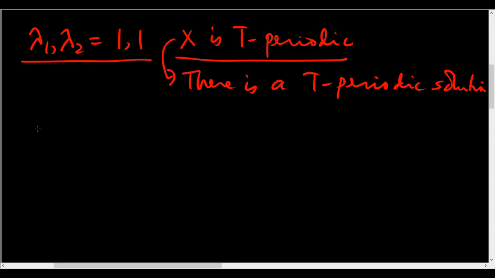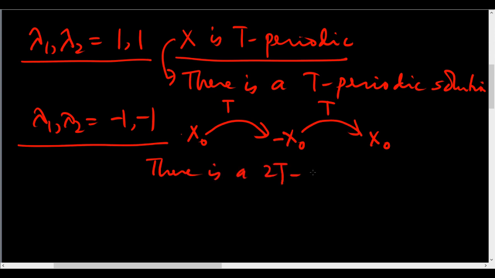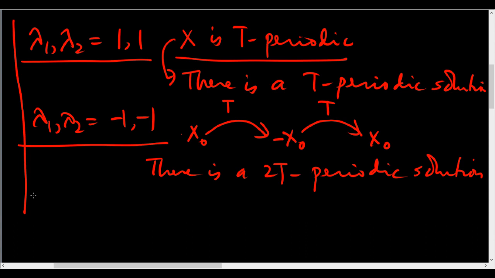And if lambda 1 lambda 2 is equal to minus 1, then from some initial condition x0, we map forward with time, we get minus x0, we map forward again and we get x0 again. So there is a 2T periodic solution. Okay, so this is true for Hill's equation